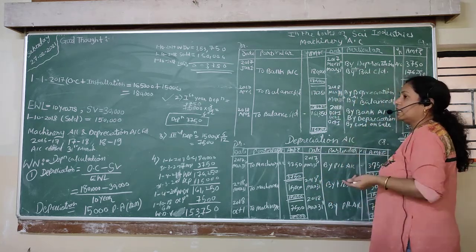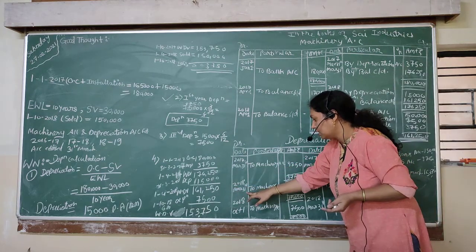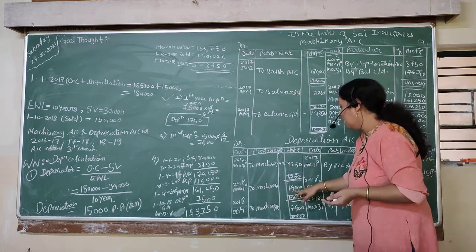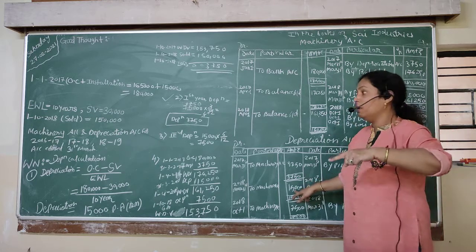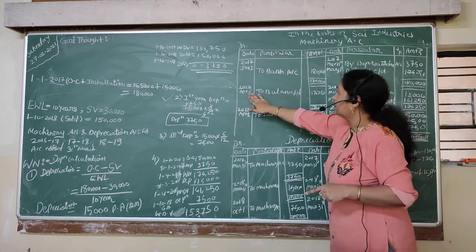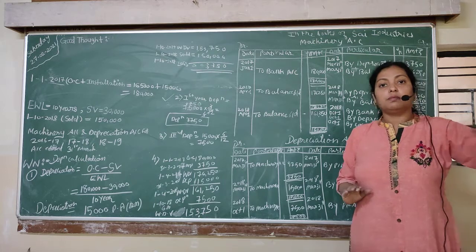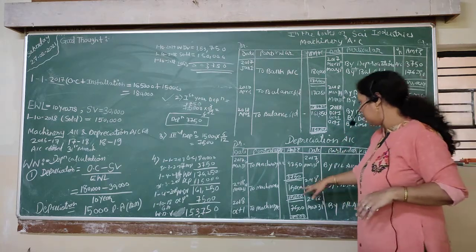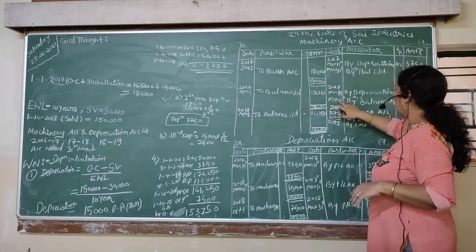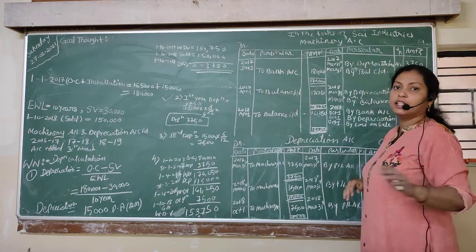Our second year will close on 31st March 2018. First I will write the entry for charging depreciation. Depreciation account debit, 2018 March 31st, to machinery account. The whole year's depreciation will come, because from 1st April 2017 to 31st March 2018 the machinery was in the business for the whole year. So one year's depreciation is 15,000, and again March 31st, by depreciation account 15,000. So the second year entry is also done.